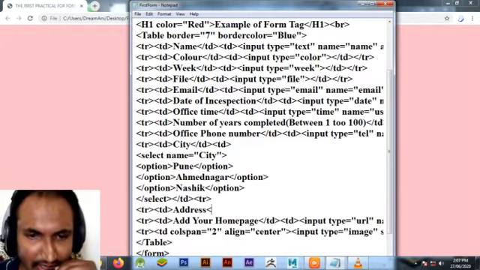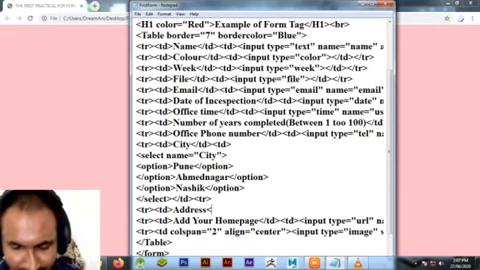If you have to take an address, then you have to write multiple lines. The text area allows you to write multiple lines.